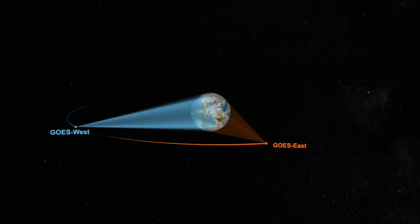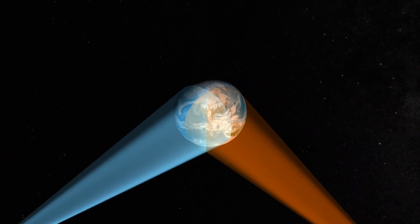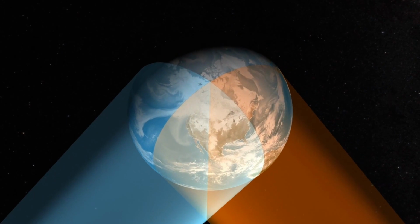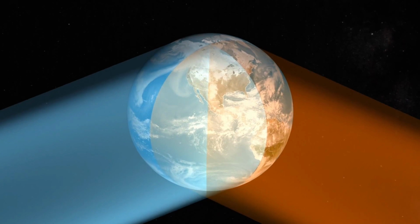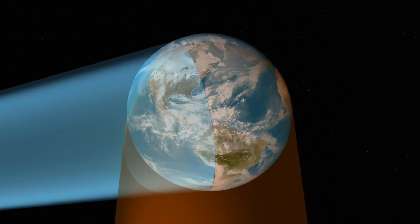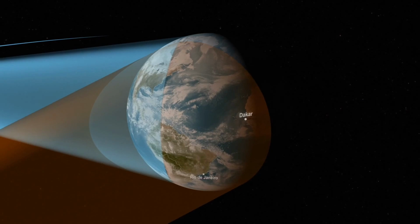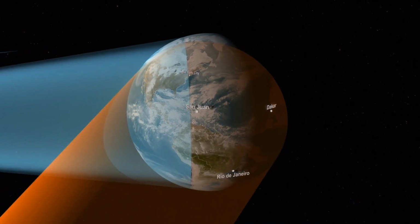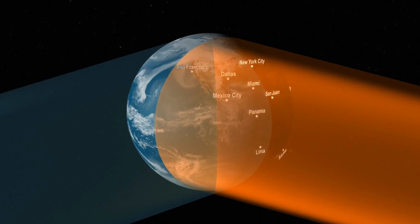Once it's in place, we'll have full coverage between the East and the West satellite. We'll actually be able to see all the way from the coast of Africa all the way across the Atlantic. Both satellites can see the CONUS, continental United States, and then the GOES West satellite can actually see all the way across the Pacific to New Zealand. So, in the Atlantic, GOES East will see the hurricanes that really start off the coast of Africa